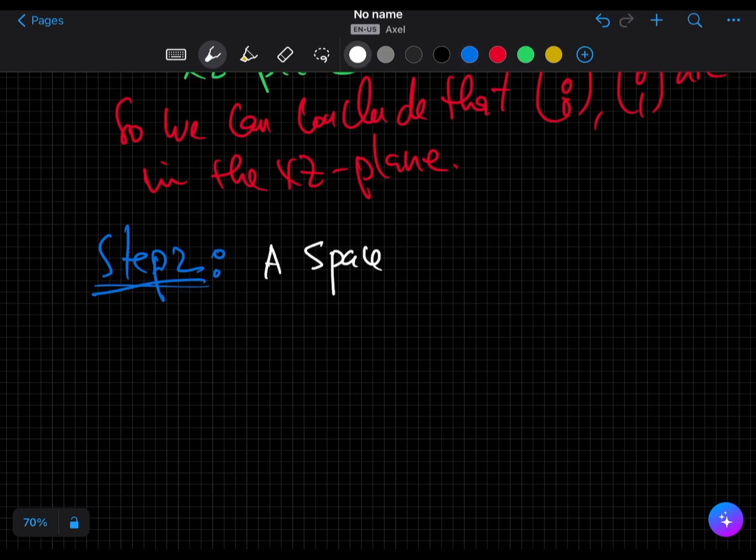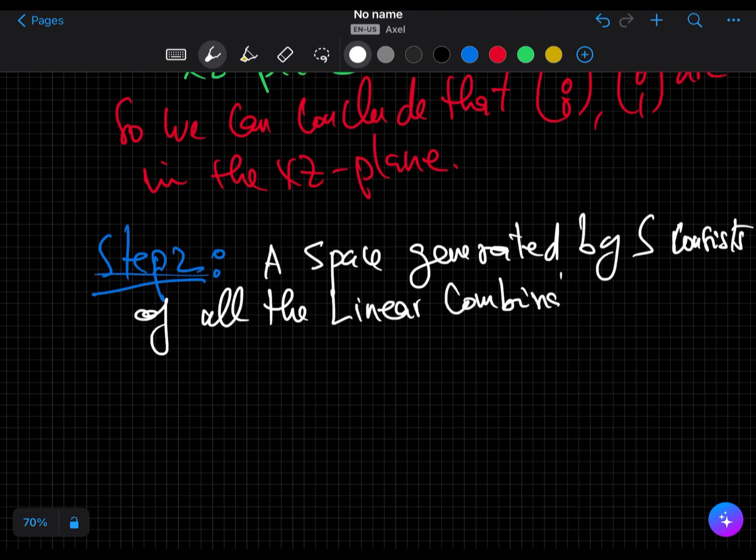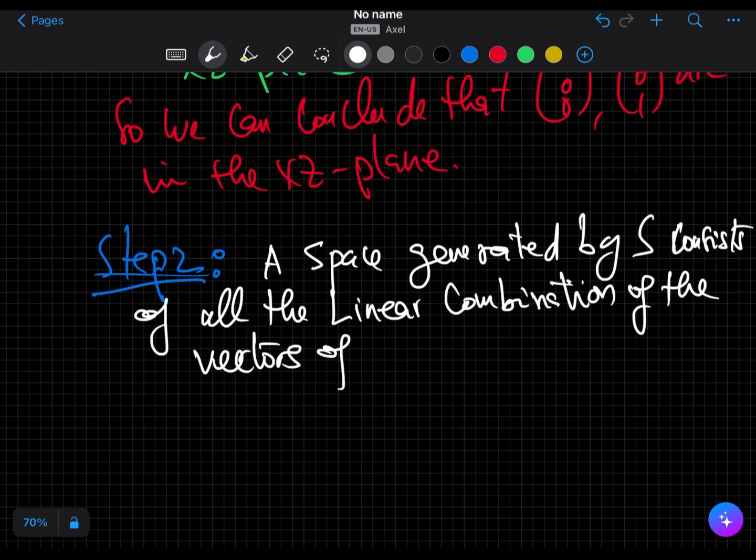A space generated by S consists of all the linear combinations of the vectors of S,